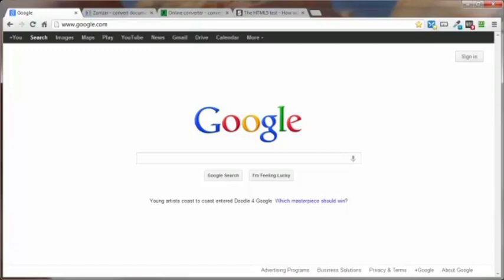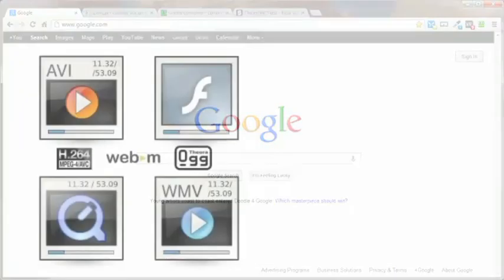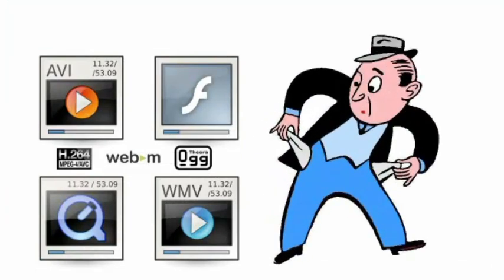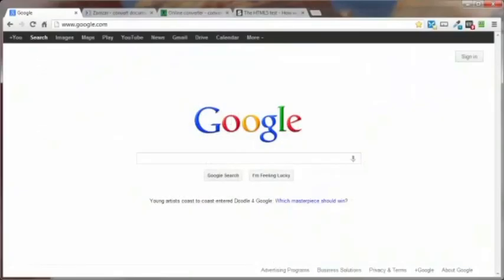The problem, as I see it, is that instead of having one MP4 video file at, say, 25 or 50 megabytes, or however big it is, now I have to have multiple video formats at roughly the same size. That will put a sizable increase in my online video hosting costs. Now, I have several formats of the same video that I'm going to use in making this HTML5 web page